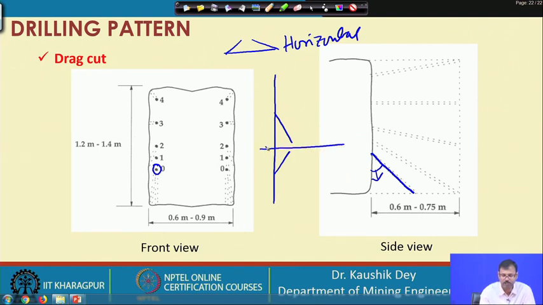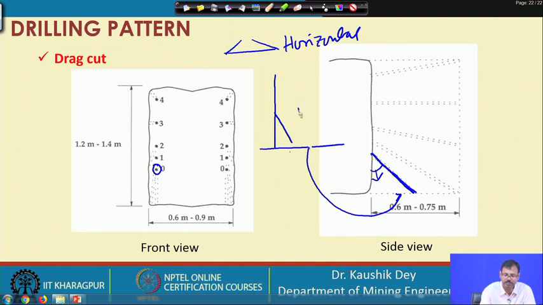you remove this part. Let us remove this part first. So, you see this part, this is the hole. So, this first hole has to be created.